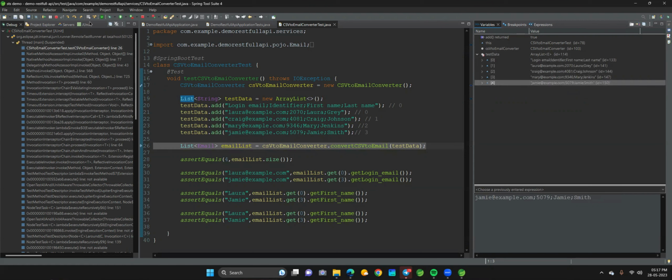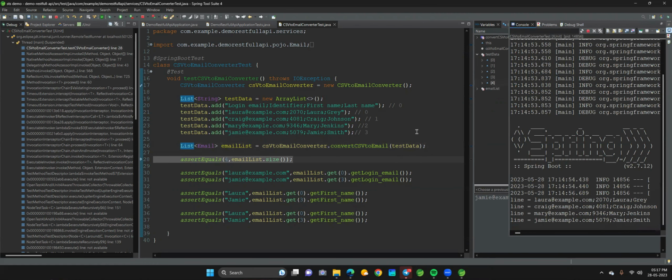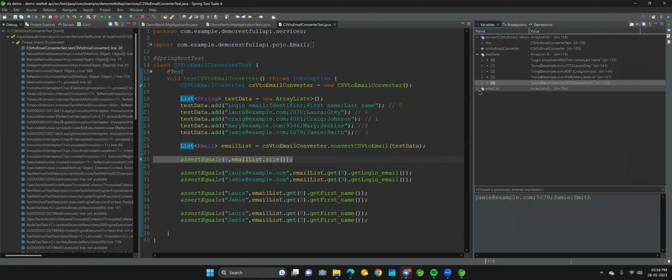Okay, so next step forward. It will come to convert to email. So actually I should have stepped into this one. If you have to come back again, you will have to restart because you didn't get into this particular function, right? You will have to restart. So let's see what the values are of the email list. So this is the output, right? You see we actually filled up,